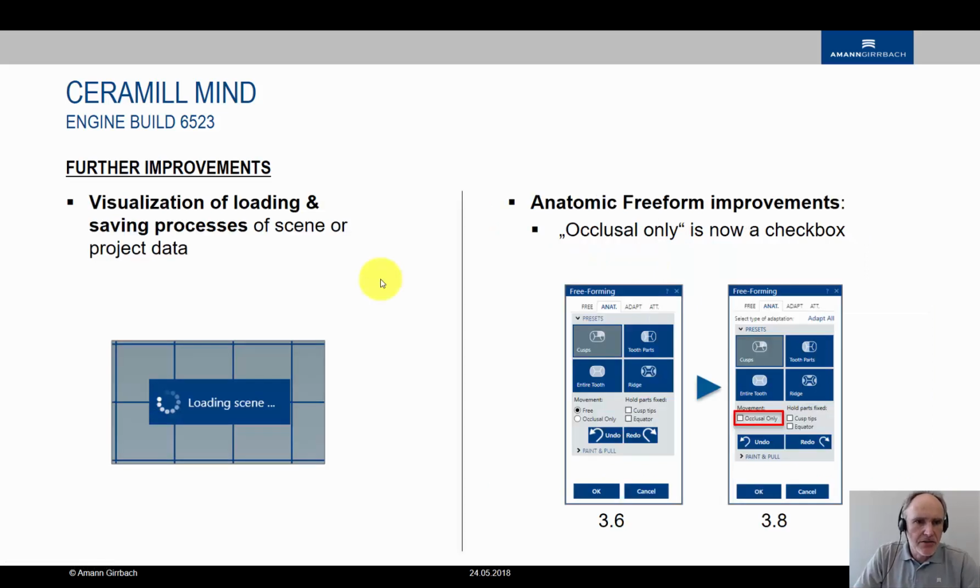And some more improvements. We now have a special symbol where you can see, when you load a scene, it's a turning symbol here. On anatomic freeform improvements, you see that in version 3.6 you have two choices called radio buttons: the choice of free or occlusal only. This is now reduced down to only an occlusal only checkbox. This means check the box, move only occlusal; uncheck the box, make free movements with your teeth, with your cusp